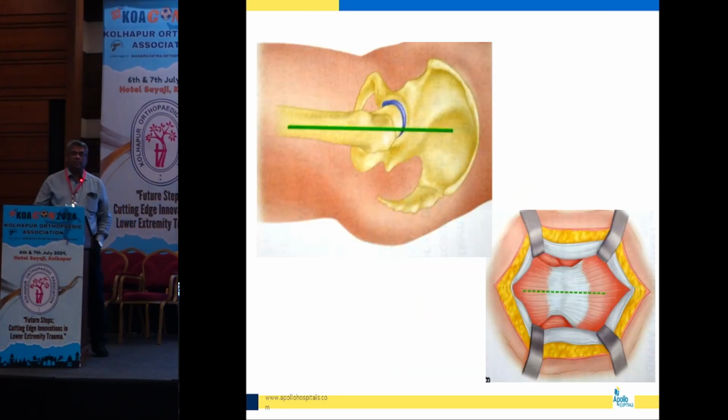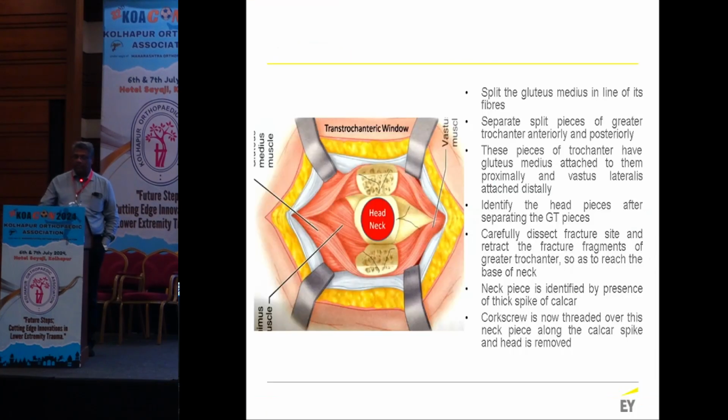We take a hard hinge approach, and we split the incision with the gluteus medius proximally and the vastus lateralis distally. The GT is split into the anterior and the posterior fragments. What you see in front of you is the neck, and we can use an awl to enter the neck. The neck can be identified very easily because there's always a little bit of calcar left with it. We enter the neck with the awl, with the corkscrew, which most of our sets have, and dislocate the